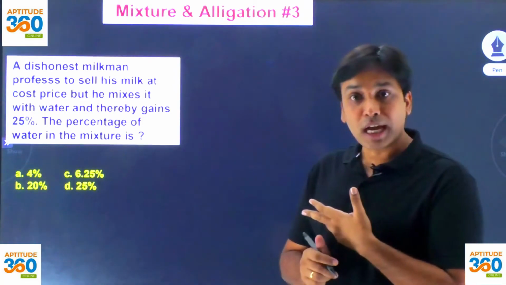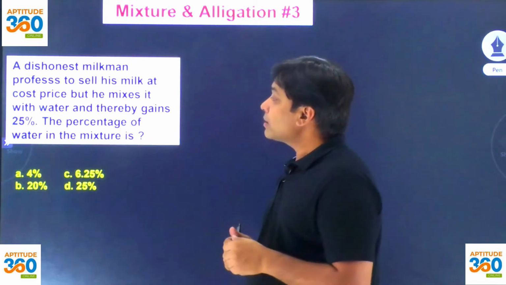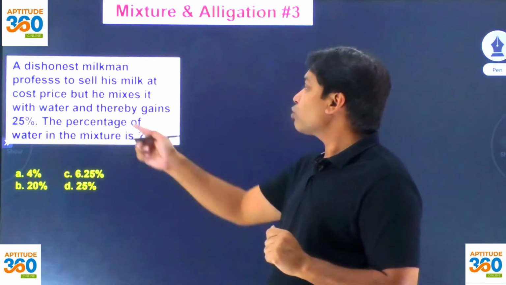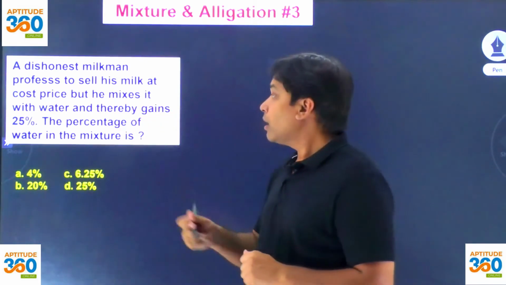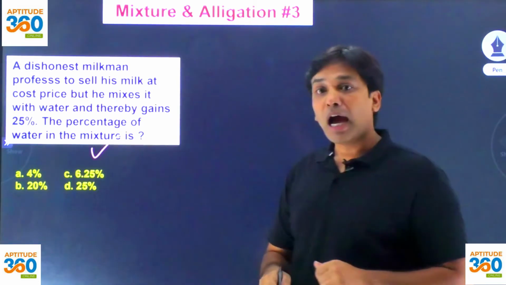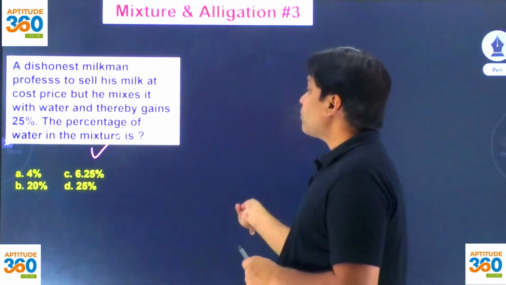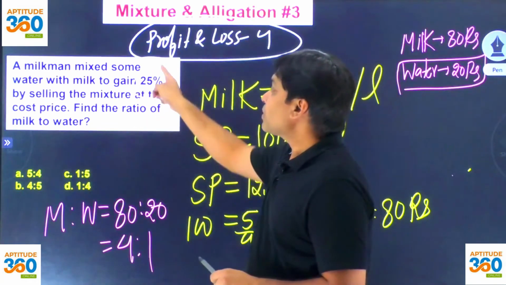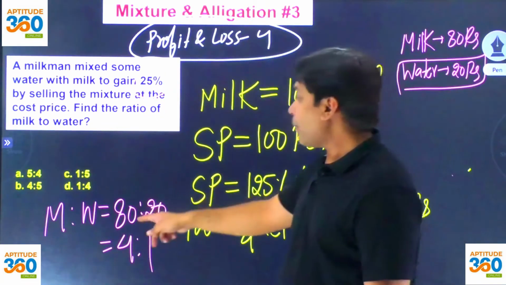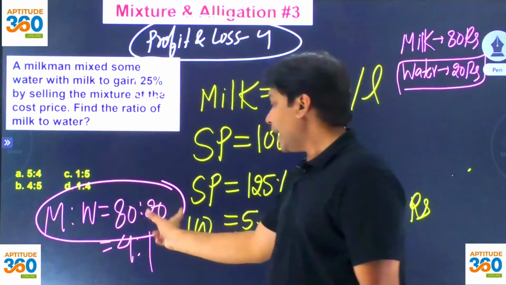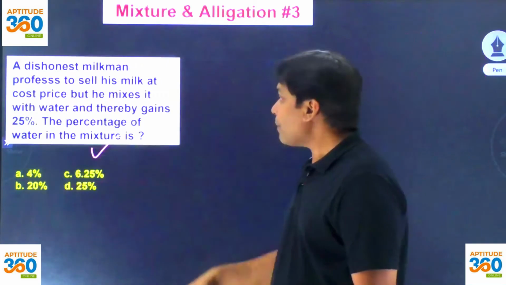वही बात हो रही है, झूठा आदमी है, मक्कार आदमी, but कुछ तो उसने पानी और दूध मिला दिया और उसको 25% का प्रॉफिट हो गया। Percentage of water in this mixture, आपने बिल्कुल पिछला वाला प्रॉब्लम है। पिछला वाला प्रॉब्लम क्या था, उसने कमाया 25% प्रॉफिट, isn't it. अब ये आपका मिल्क एंड वाटर कितना आ गया था, 80-20 which is 4:1। अब आपसे यहाँ पे क्या पूछा जा रहा है,